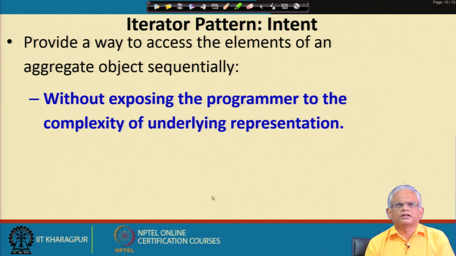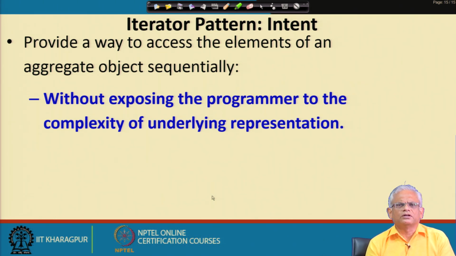The intent of the iterator pattern is to provide a way to access the elements of an aggregate object sequentially, and at the same time the programmer need not understand the complexity of the underlying representation. The programmer just calls the methods of the iterator, next and so on.